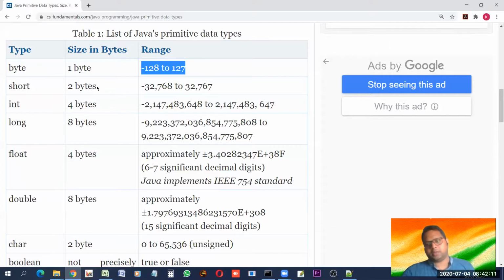Similarly, if you are supposed to make a program to have the total number of students in a school, normally in schools we do not have right now more than these many students. So in this case, short data type can be used, or number of tickets sold in a cinema hall or any auditorium having this much capacity, only this data type can be used.